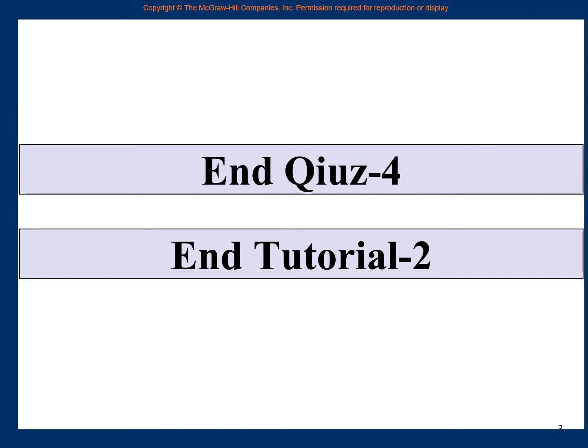So I am writing here end of quiz 4, but I am also writing end of tutorial 2, because as I promised, tutorial 2 will cover the full solution of all the midterm problems and the full solution of quiz 3 and quiz 4. And together there are quite a lot. We have covered chapter 1, chapter 6, chapter 4, chapter 8, chapter 9, chapter 10, right? We have covered a lot of them.